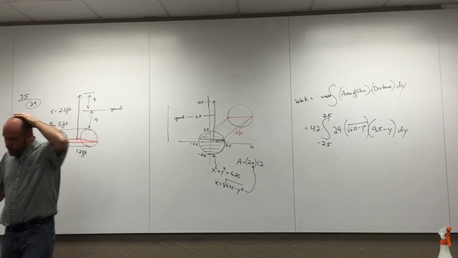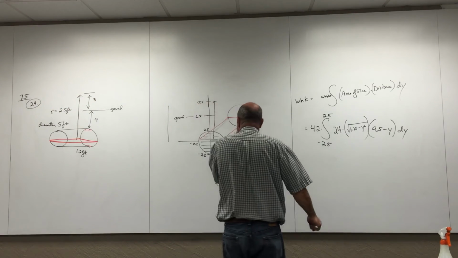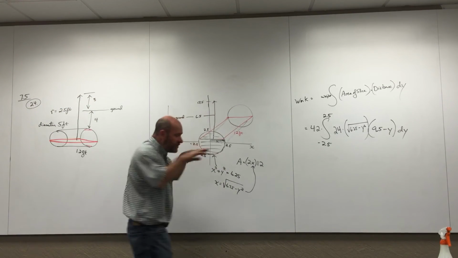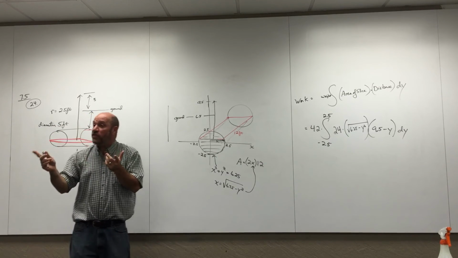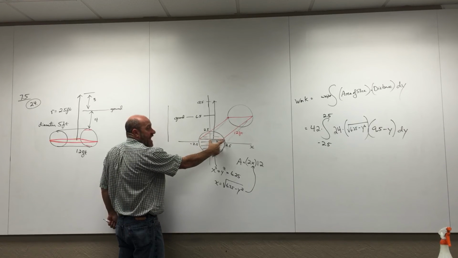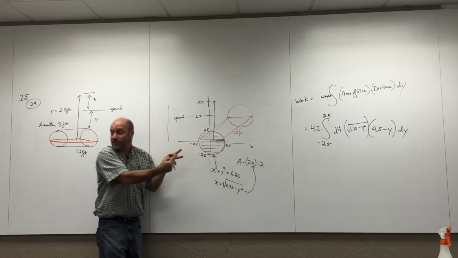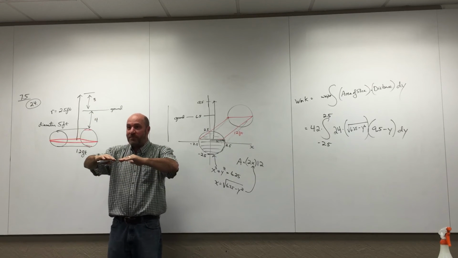Could we use symmetry for this problem? That's a little dangerous. When we do these pumping water problems, using symmetry is a little dangerous. I used symmetry sort of when I said that distance was x, so the whole width was 2x. I use that symmetry. But what you can't do in these problems, it's interesting,